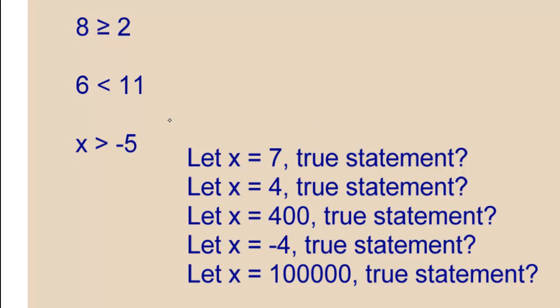So there can be a lot of answers for x. X could be a lot of numbers. They could be whole numbers, they could be integers, they could be rational, even irrational. There are lots of numbers that could be greater than negative 5. So there's actually an infinite number of solutions to that inequality. And so the way we write that on a number line